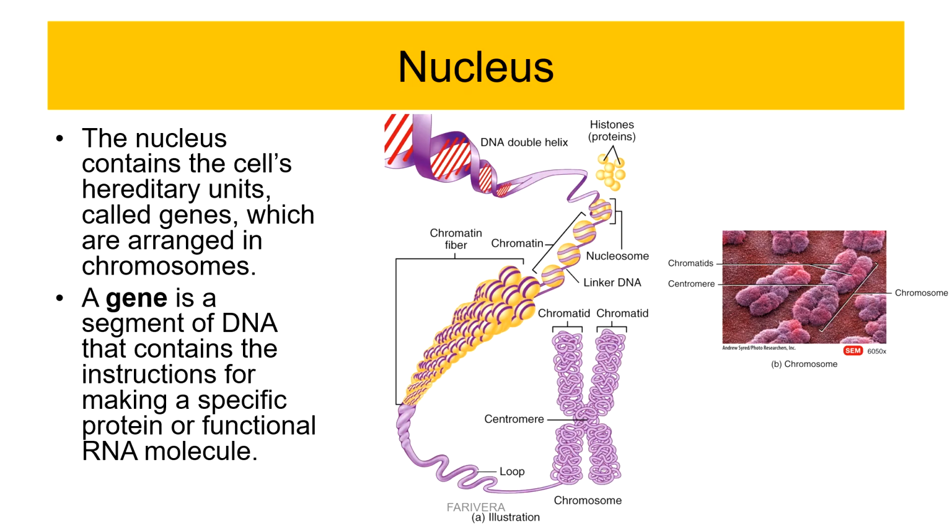Okay, so let's talk about genes and chromosomes. So inside the nucleus, genes are arranged along chromosomes. A gene is a segment of DNA containing information needed to produce a particular protein or functional RNA. So genes provide biological instructions, but possessing DNA is not enough. Okay, so the cell must be able to use the information contained in DNA. That brings us to the next slide, which is gene expression.